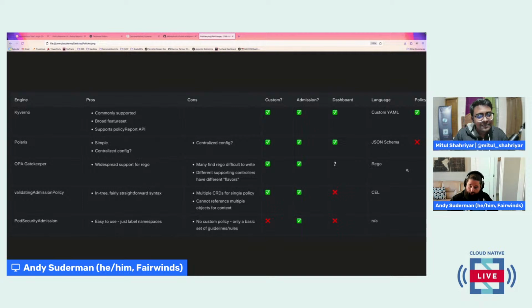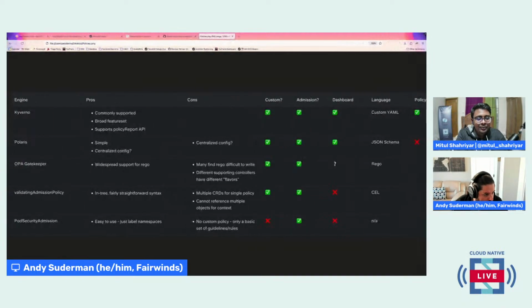But anyway, I think the takeaway here is there's 6 or 7 different ways to do policy, and a layered approach might be the right way for a large-scale policy implementation, because some of these are good at some things and some of them are not. So in order to demonstrate that, we're going to use this demo environment, and I'm going to show the capabilities of several of these tools.